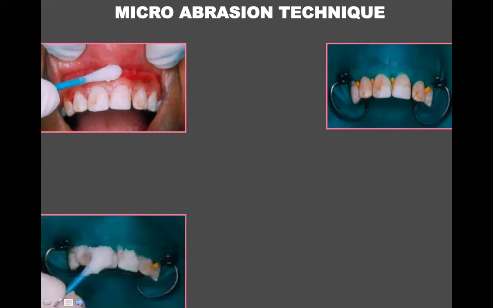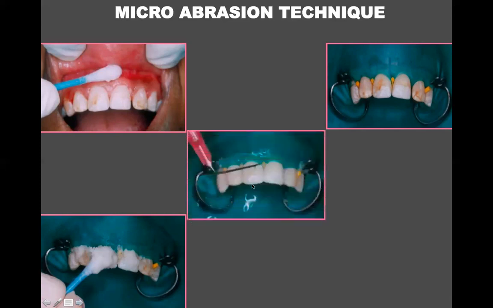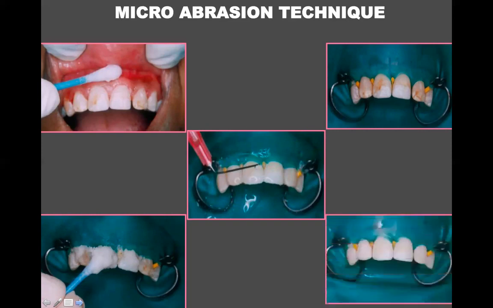This is because of the nature of the material that we are using, a concentrated hydrochloric acid of about 18%. After making a slurry of hydrochloric acid and pumice, you carry it onto the tooth with the help of a cotton bud and apply a mild force onto the tooth. After you place it on the tooth for a few seconds, you wash it off and suction off all the excess. After suctioning off, you can see the change in the appearance, wherein the mild brownish discoloration is not seen